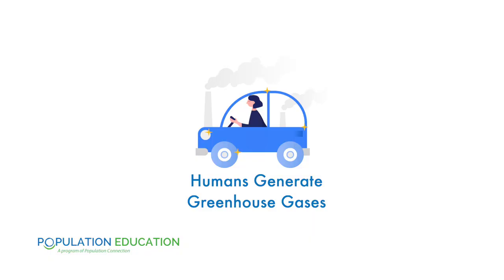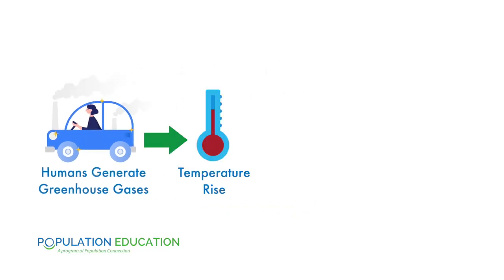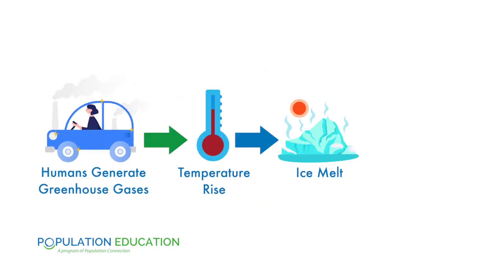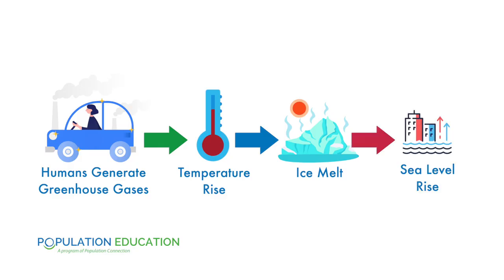Next, students will then try to draw causal connections between their themes using arrows drawn on the butcher paper. They should hopefully come to the general conclusion that human populations generate greenhouse gases. In turn, that causes temperature to rise, which leads to ice melt, and finally, that causes sea level rise. This is a fairly lengthy activity, but in the lesson plan, we offer a few ideas for shortening it as needed. Finally, you close the lesson with some discussion questions.